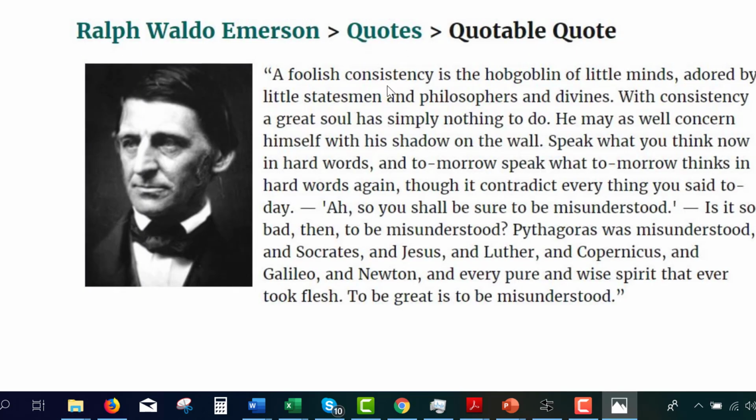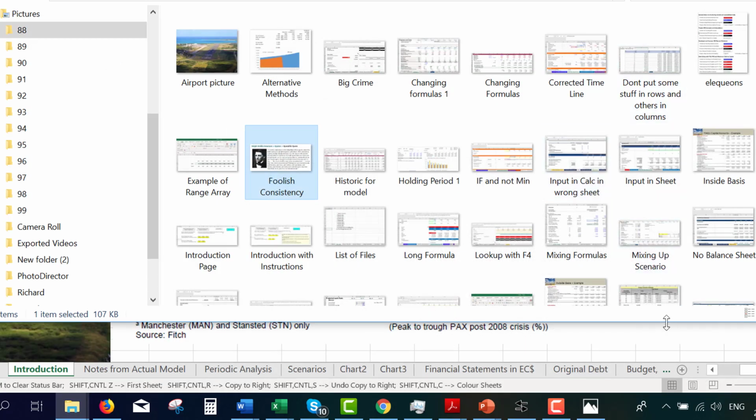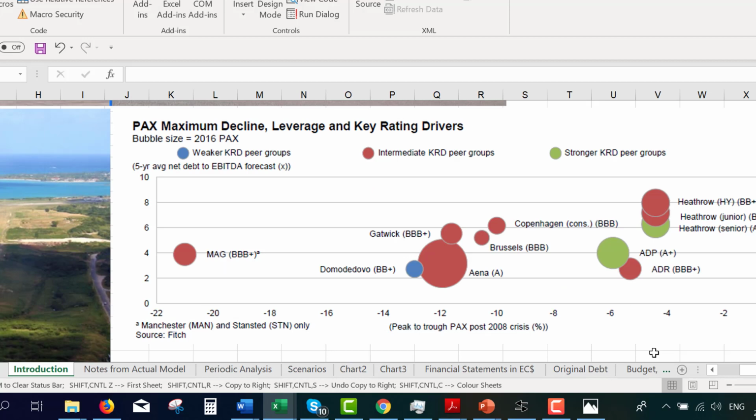foolish consistency is the hobgoblin of little minds. I can't even say that. Adored by little statesmen and philosophers and divines. With consistency, a great soul has simply nothing to do. He may as well concern himself with his shadow on the wall. Okay, that was a pretty interesting quote, but I'm going to be inconsistent with some of the things I've